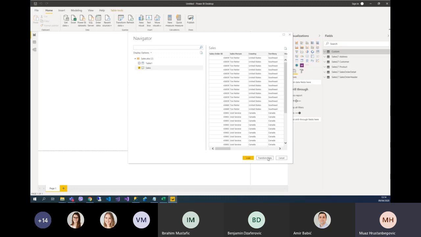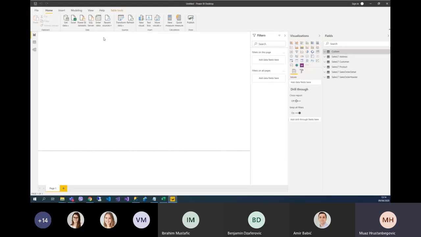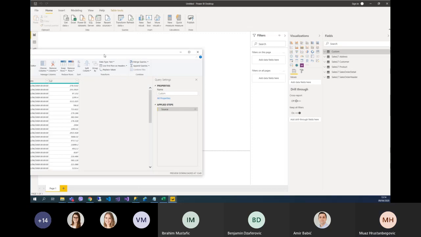We can load the data as is. We can transform it, and we can transform the data from this button here as well. Okay, let's transform the data and see what we can utilize from this. So we click to transform data. It will open another window,